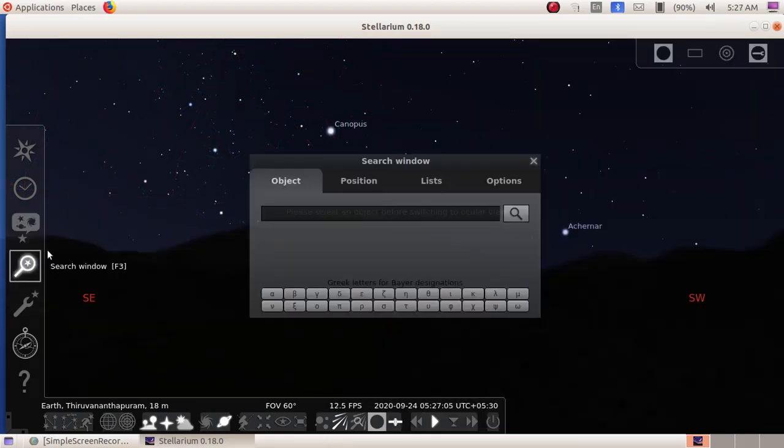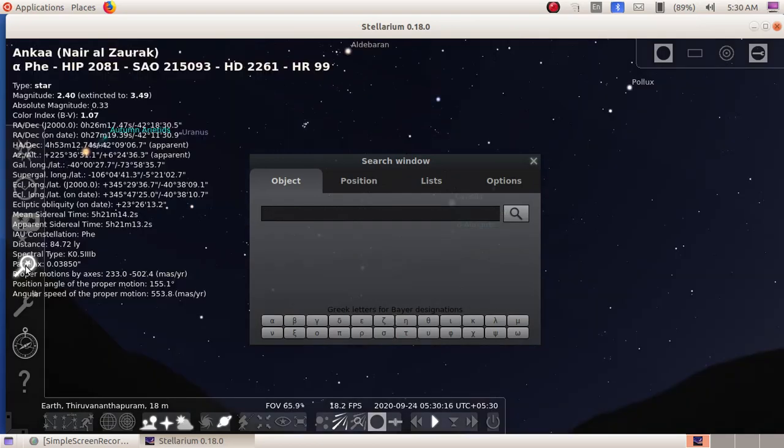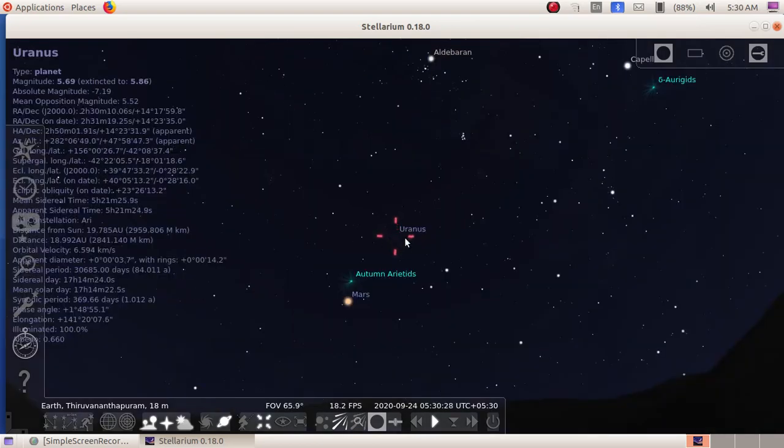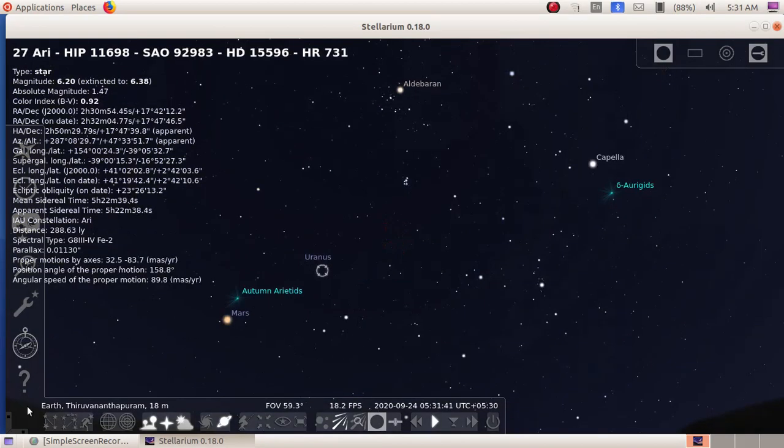Search window. We will search and find Uranus. Here you can see Uranus. Here we can see constellation lines. When we click on the constellation lines, we can see various lines appearing in the window.